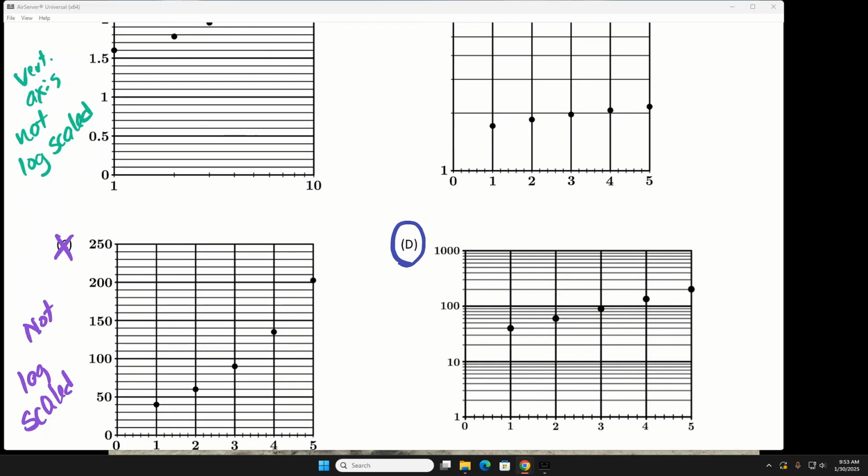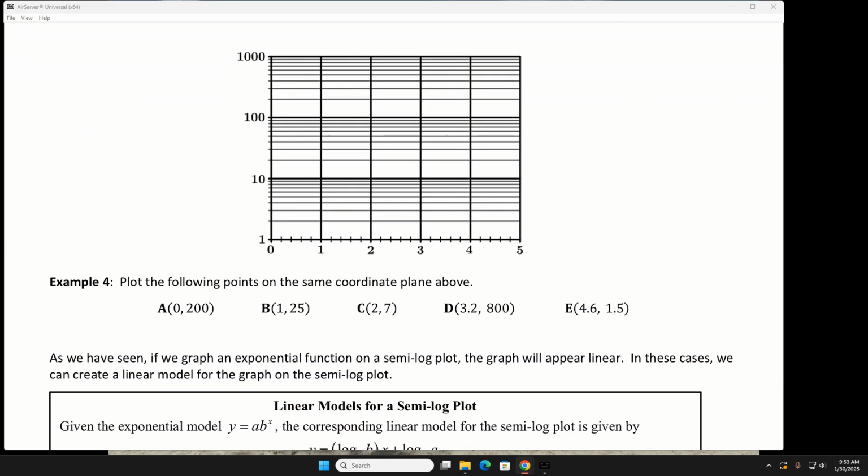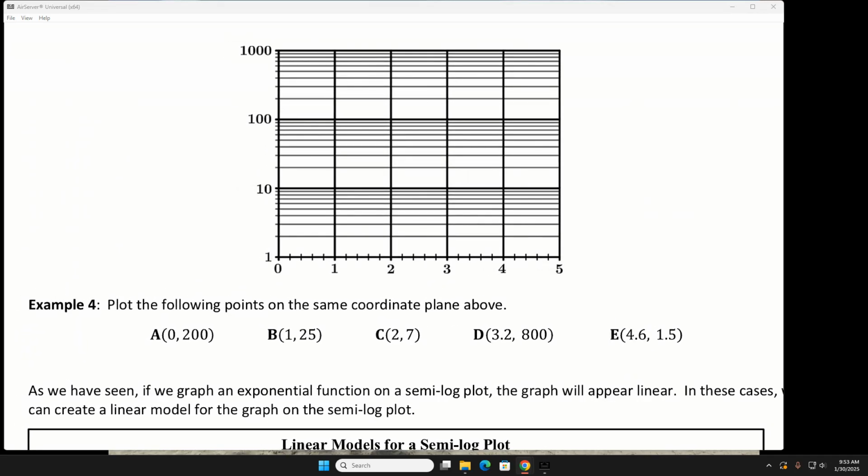All right, any questions? All right, let's look at example 4. This is what we did before. We had the logarithmically scaled grid and we graphed some points on it. So we're going to do that again. We're going to start when x is 0 and we're going to graph at 200. So we go up to 100 and then count the next